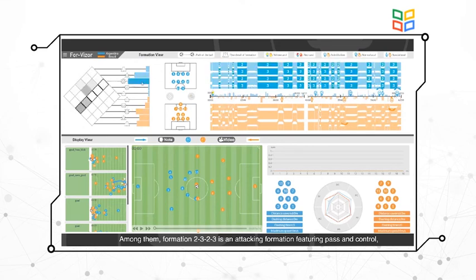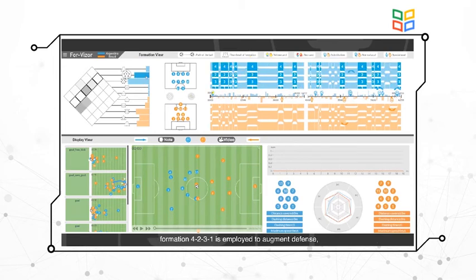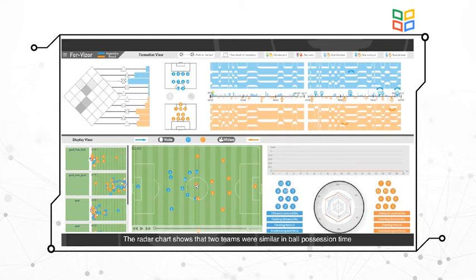Among them, formation 2-3-2-3 is an attacking formation featuring pass and control. Formation 4-2-3-1 is important to augment defense, and formation 4-4-2 is for counterattack. Then we move to team performance indicators. The rendered chart shows that 2 teams were similar in ball position time, yet Argentina had far more passes, representing